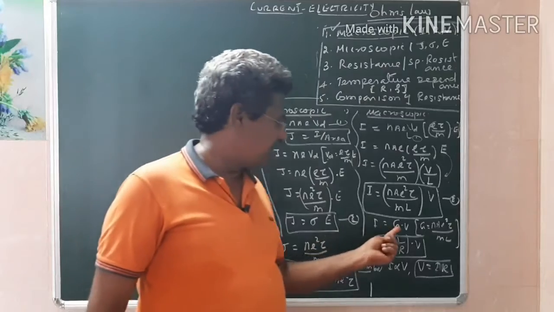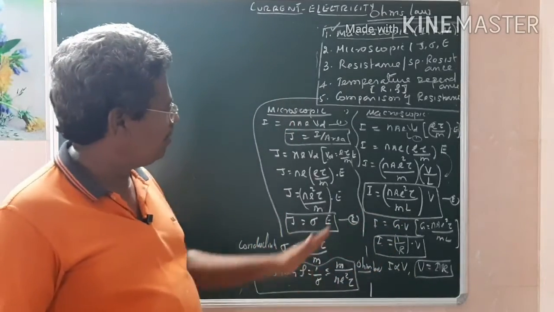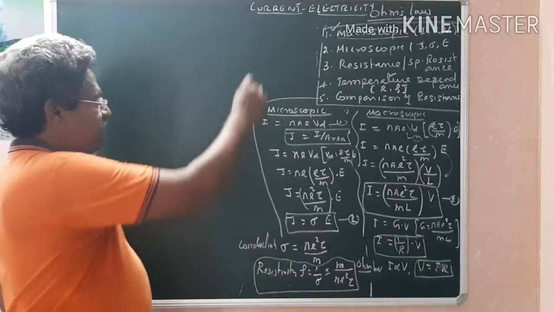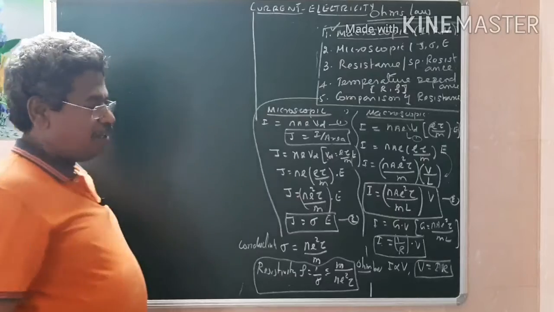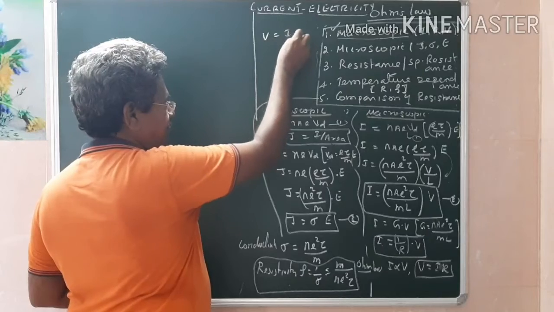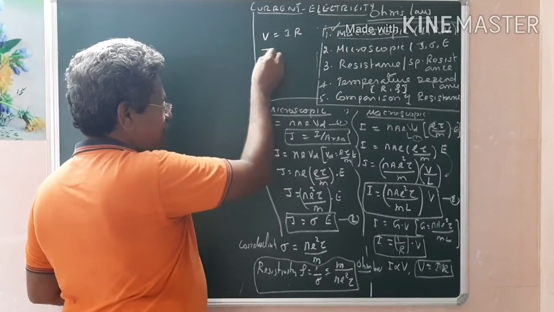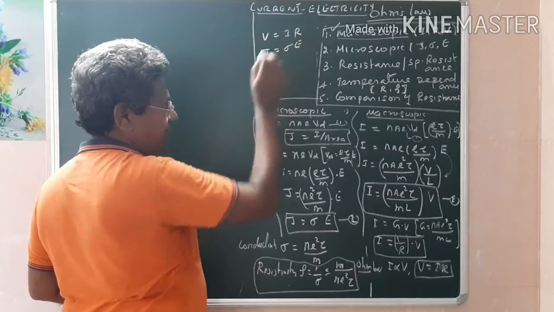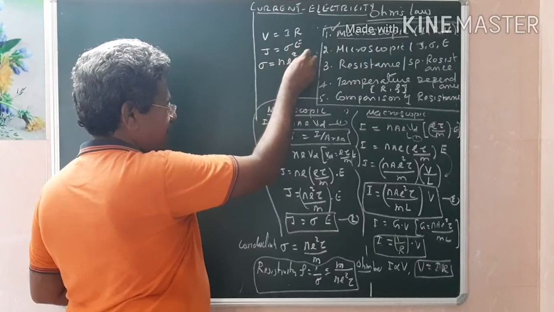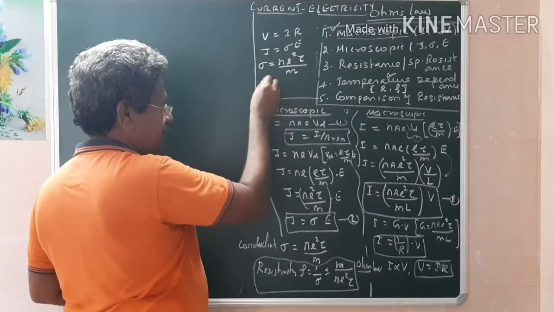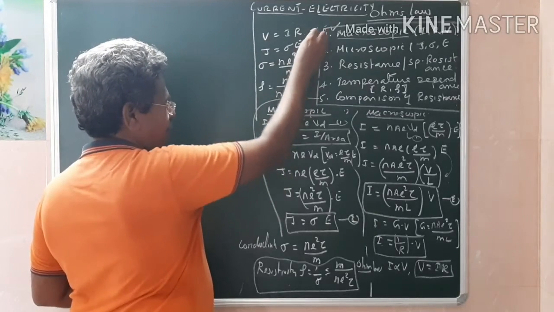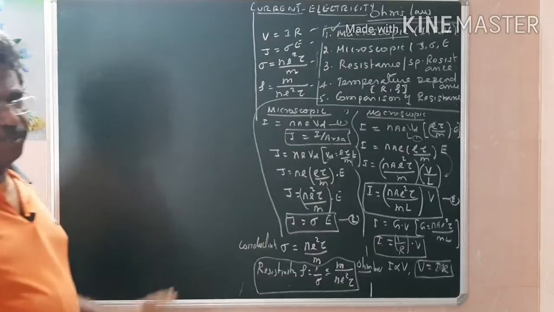But here we got conductance, the other is resistance. This is the major difference between macroscopic and microscopic. Right? Therefore, we come to the conclusion that in the macroscopic Ohm's law, V equal to I R. In the microscopic Ohm's law, J is equal to sigma E. And another important term we found out, sigma is equal to n e squared tau by m. Then resistivity equal to m divided by n into e squared tau. These are all the four important terms we arrived at from both macroscopic and microscopic.